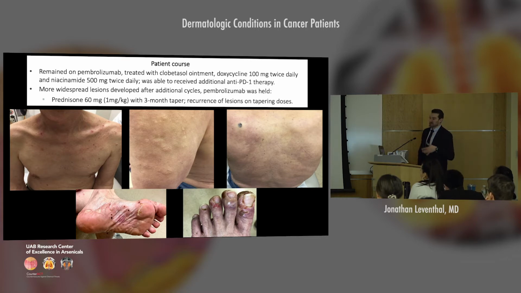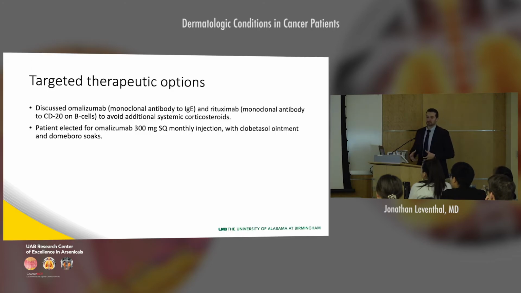Unfortunately, upon tapering doses of prednisone, his bullous pemphigoid came back. So at this point, we really needed a maintenance steroid-sparing option here. And so I think it's always good to use a targeted approach for an immune-related adverse event rather than keep patients on long-term steroids. And so with regards to immunobullous disorders, there's really two main drug classes that are used: